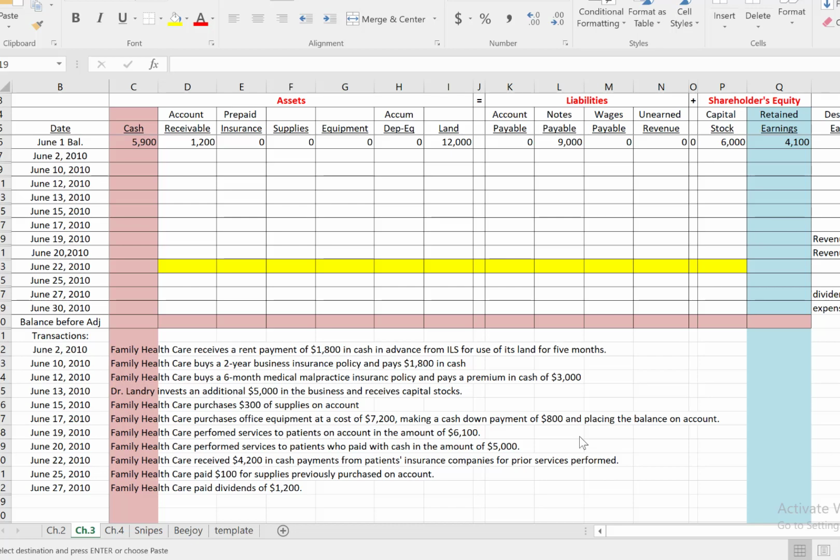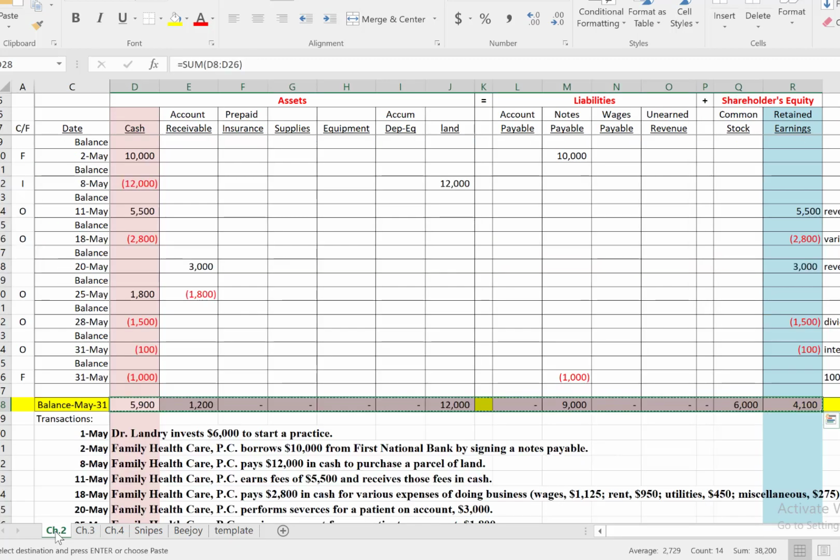Welcome to our second discussion related to posting entries. In this discussion, we're going to focus on the second month of family health care. If you remember, last discussion, we concluded the first month of activity for family health care, and we ended up